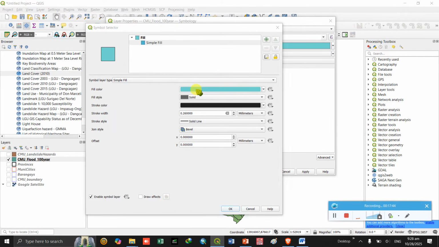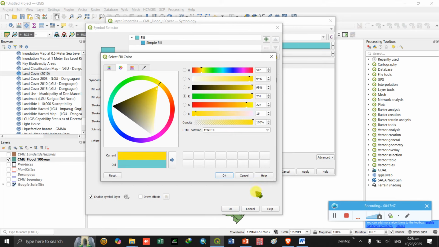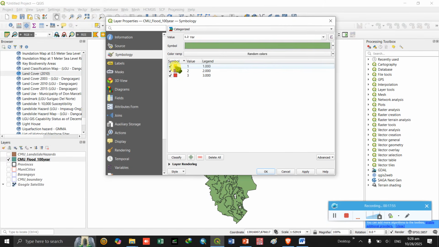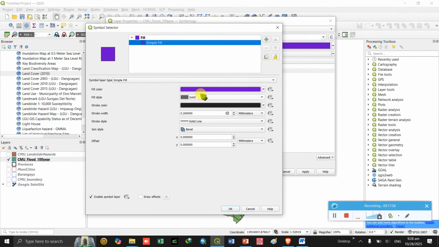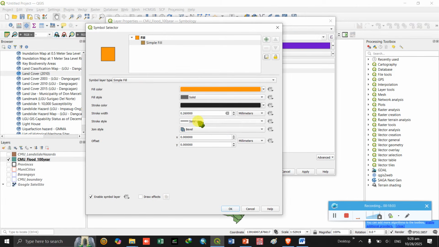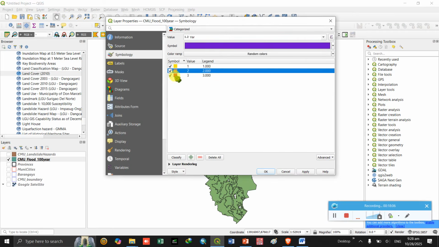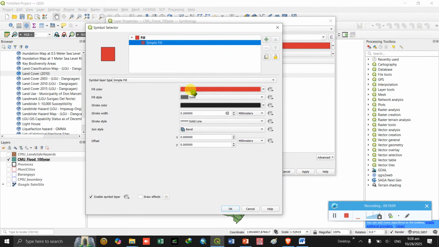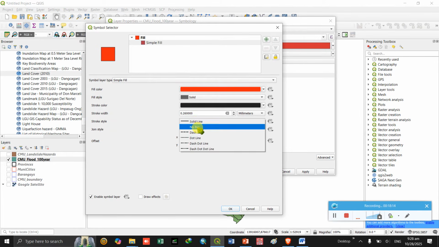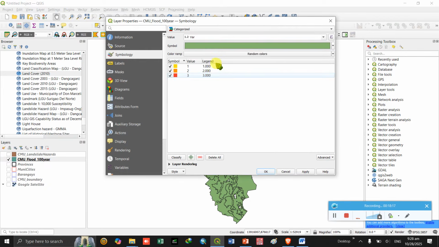So we set var, click classify, and then you remove all the other by clicking this highlight and then click this minus, and then we start to edit the color by double clicking the icon and then simple fill. So the color for low is yellow, and then solid stroke, we need to remove the stroke, so no pen or no line, click OK. Orange for medium, and then remove the line, no pen, and then red for the high or number 3, no line, no pen, and then we can edit the legend into low, medium, high.